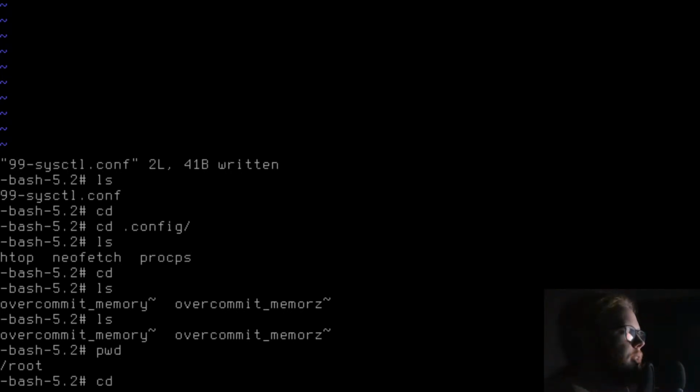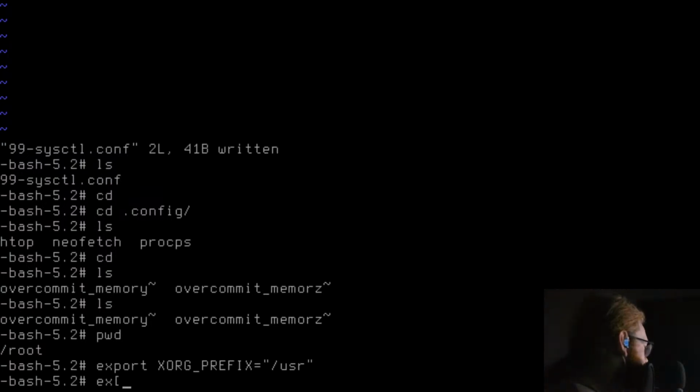Right, so export XORG_PREFIX='/usr', export XORG_CONFIG= no, I've got to reboot anyway.